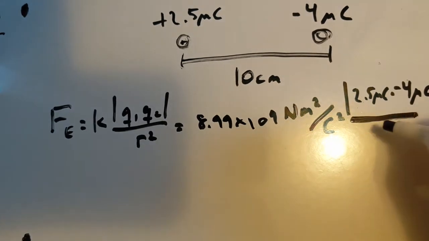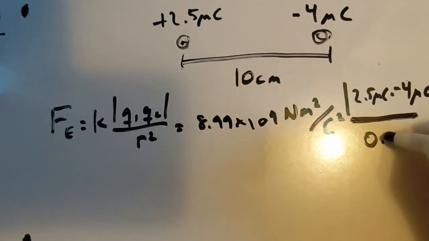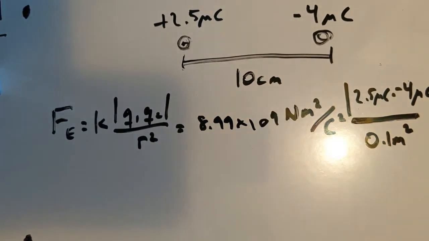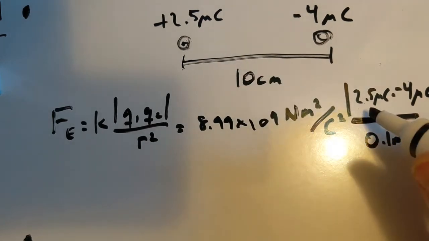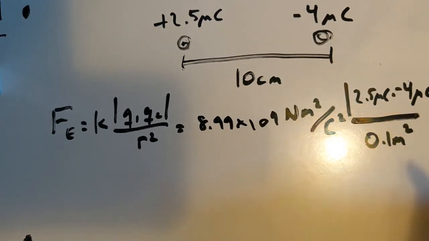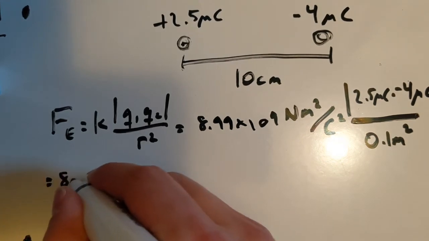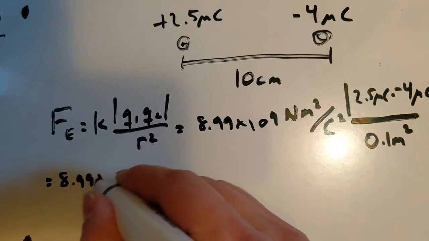And then that's all going to be over 0.1 meters squared. We got to make sure to change those centimeters to meters so that we can use them in this problem. And so we also are going to change these microcoulombs to coulombs. So down here we have 8.99 times 10 to the 9th